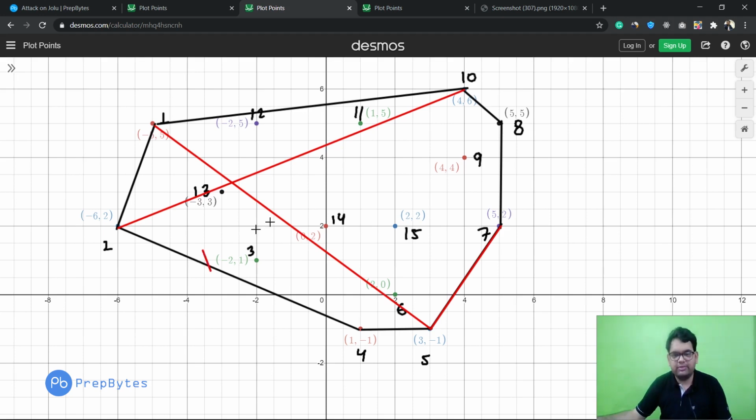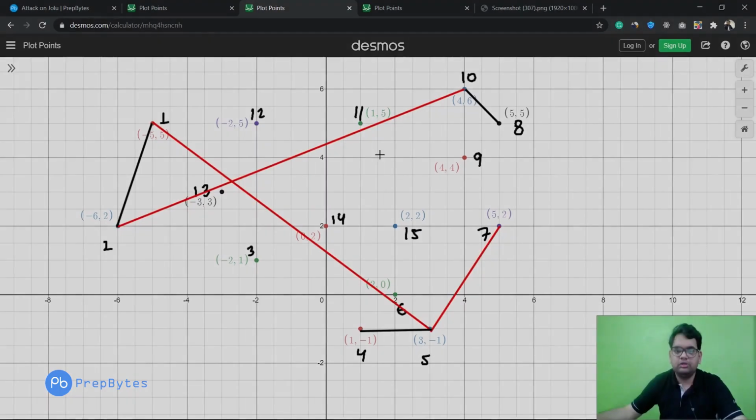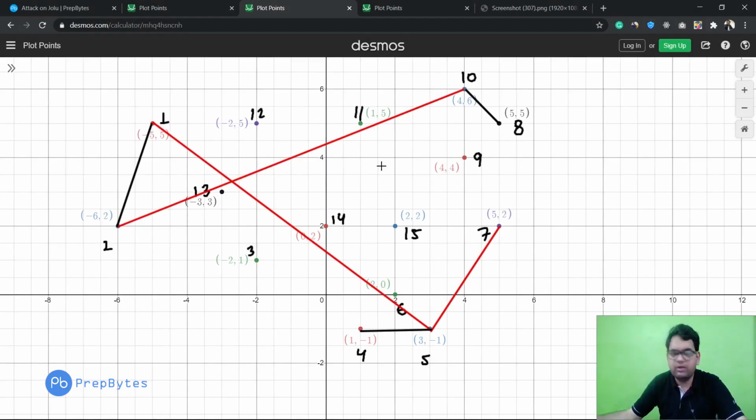That is, this road can be removed, this road here can be removed. This road here can be removed, there is no need, and this road here can be removed, there is no need. Okay, so after these three roads are removed, we will get this new graph. Let me show you that graph. So this is the graph that we got. So see, all the encamped houses are connected to each other, and there is just one path to reach from any encamped house to another encamped house.